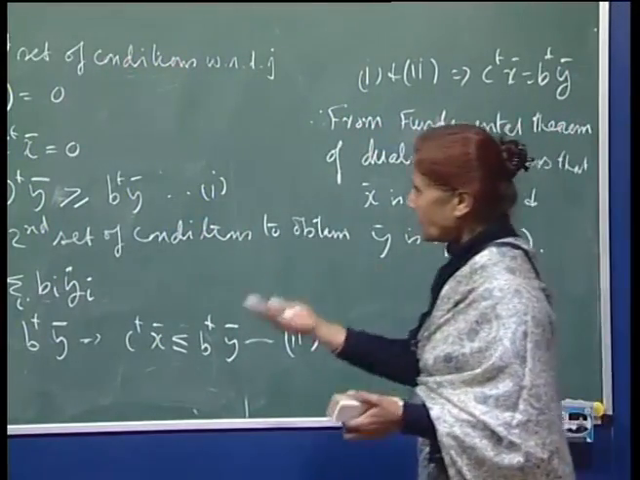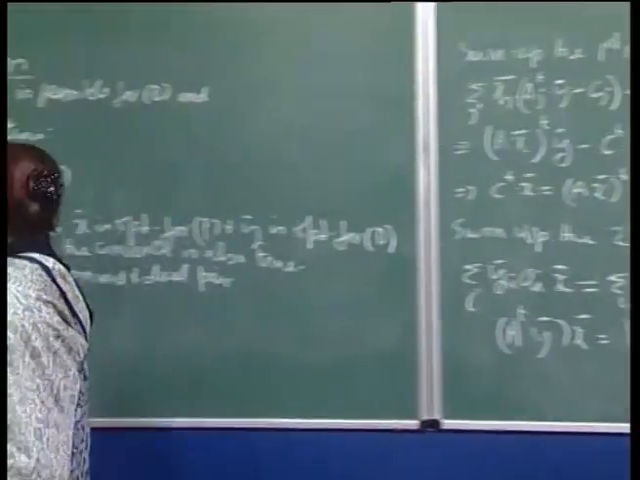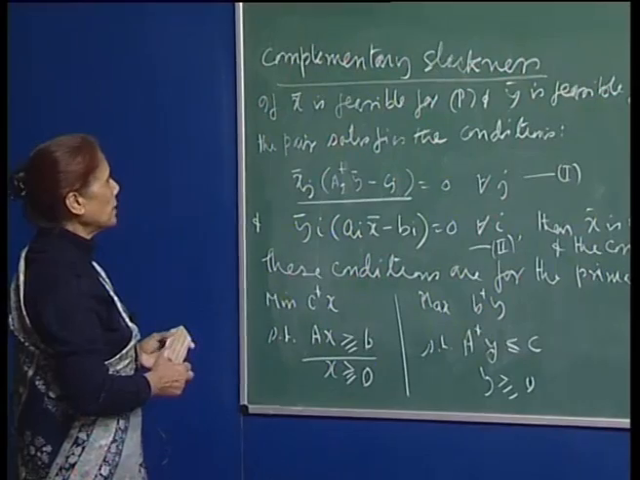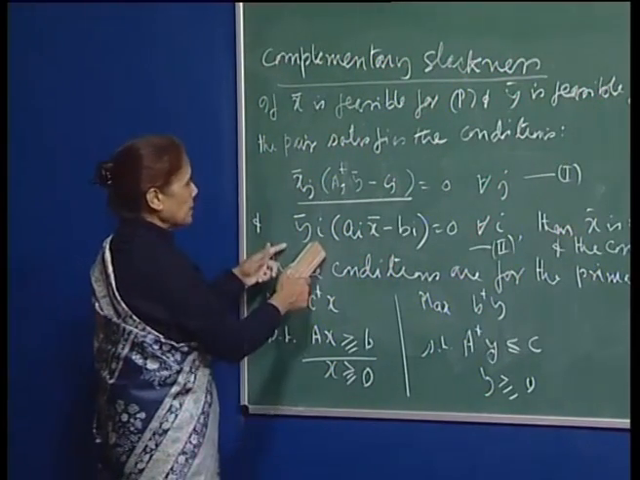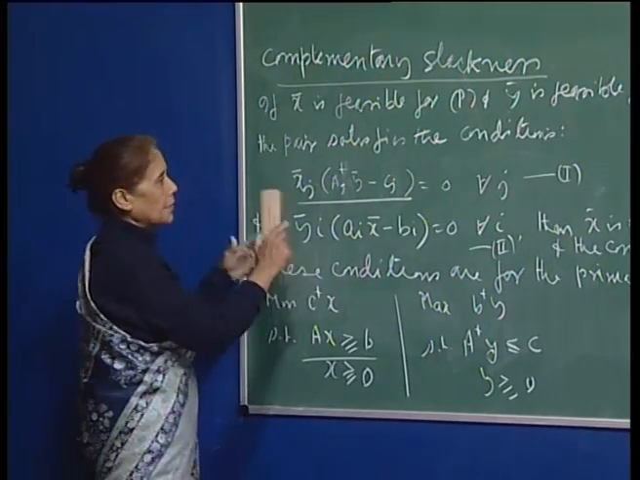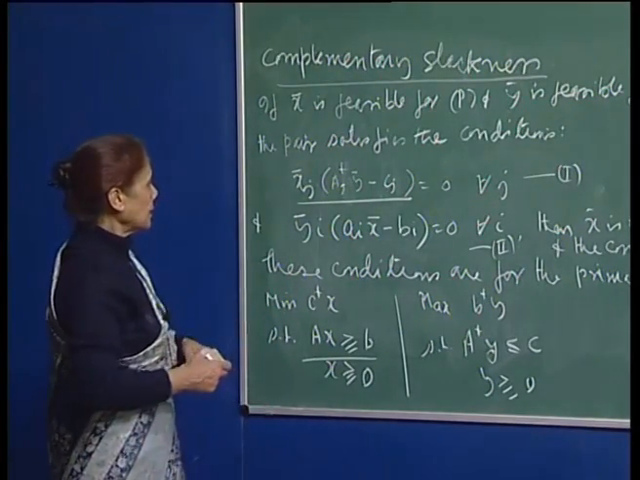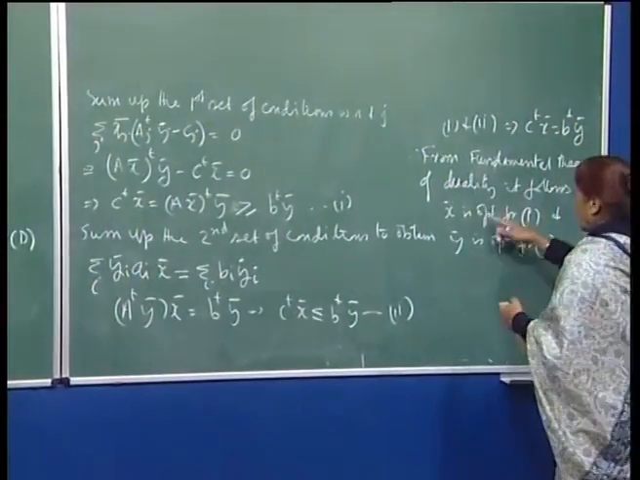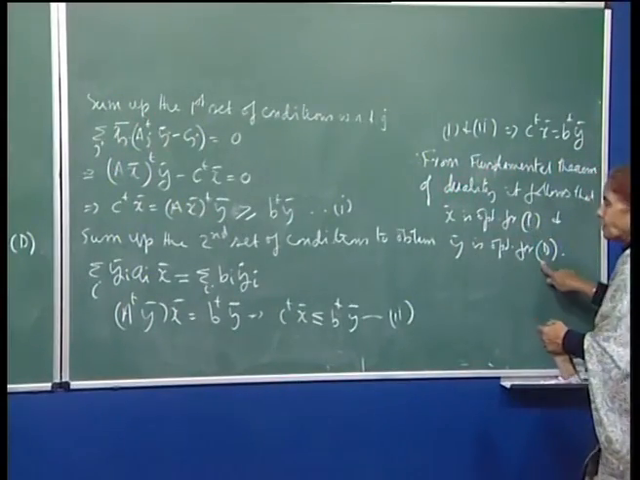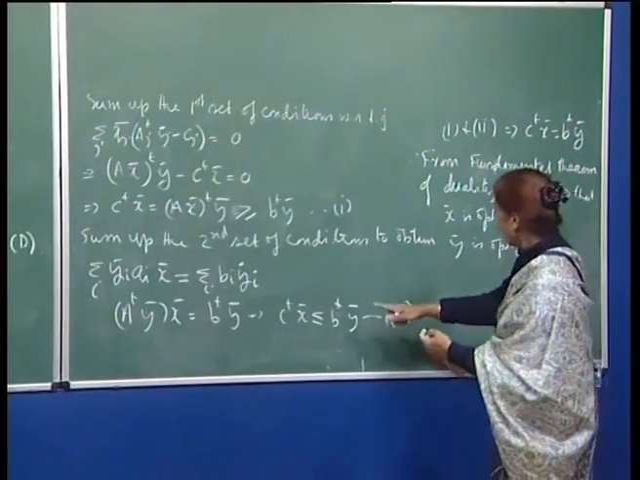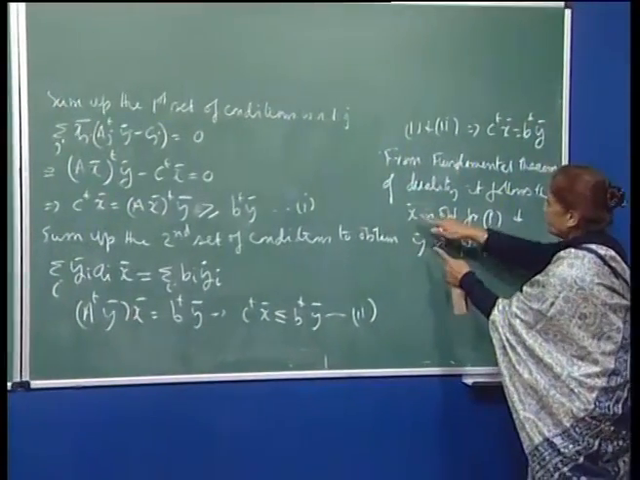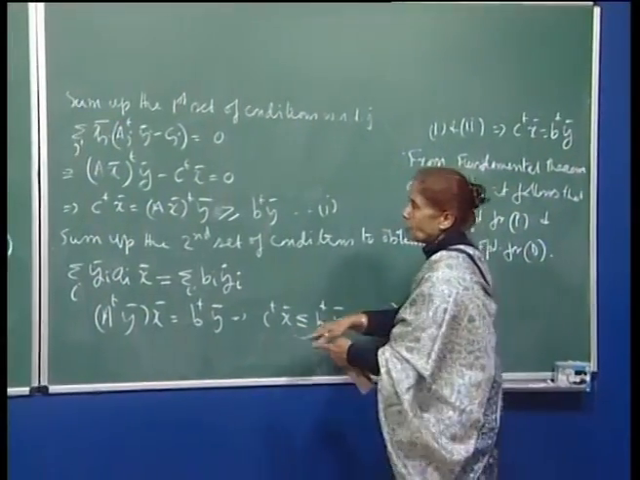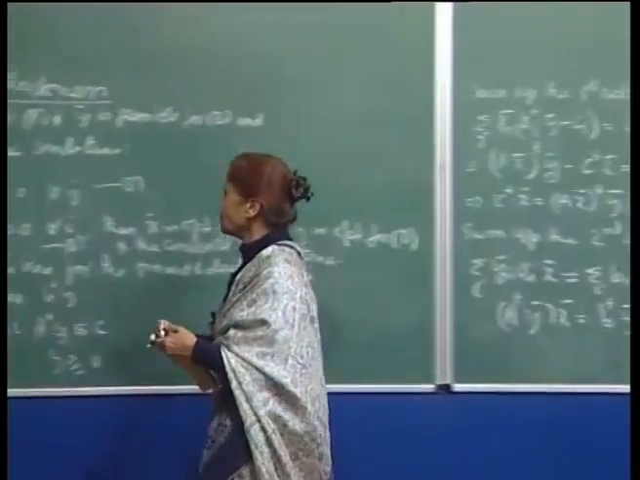And now you can see the converse also is immediately obvious, I think. See, we said that if x bar is feasible for P and y bar is feasible for D, and x bar and y bar satisfy these complementary slackness conditions, then they are optimal. Now, what we want to say is that if x bar is optimal for P and y bar is optimal for D, then you just have to reverse the argument, because in that case, by the fundamental theorem of duality, c transpose x bar would be equal to b transpose y bar. So, you will have equality, and once you have equality, you see that these conditions will be satisfied,